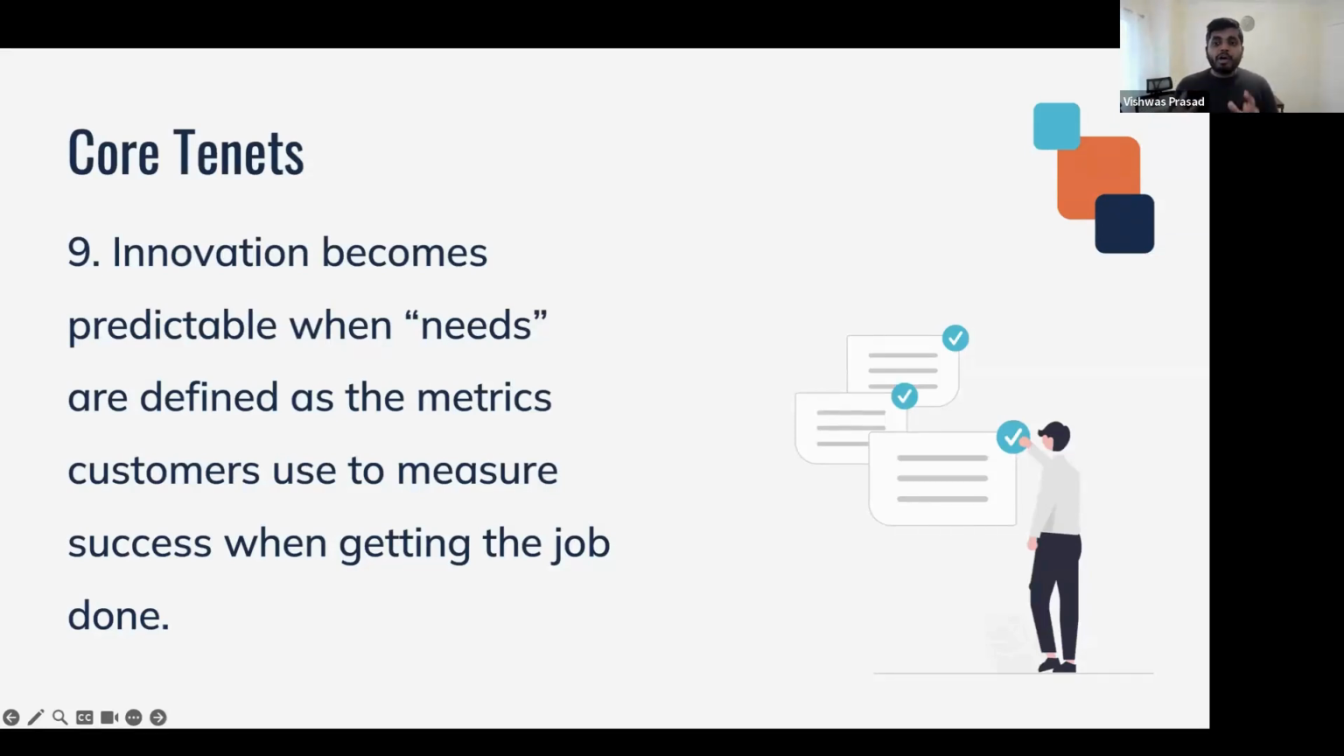Now, if you know what your customers use to measure whether they're getting the job done, you can use the same exact metric in your pricing and packaging as well, so that it becomes easy for the customer to understand how much they're spending and whether it's worth it for them to spend that money to get their job done. For example,